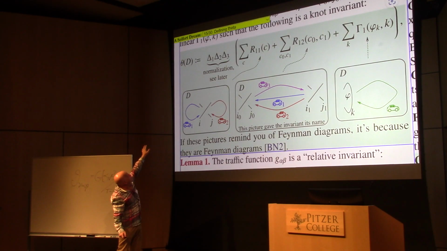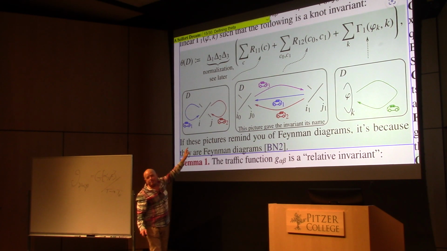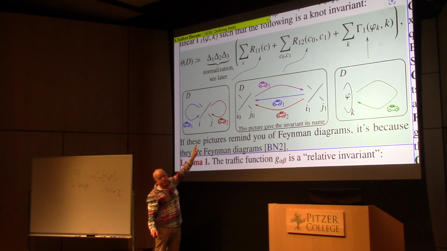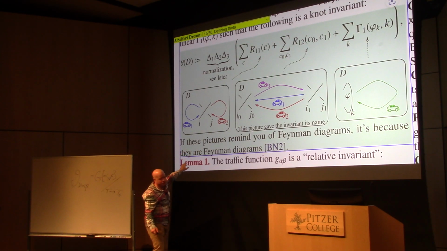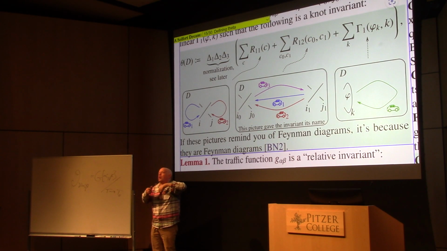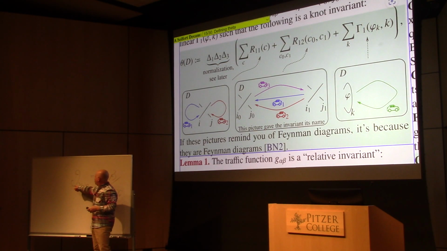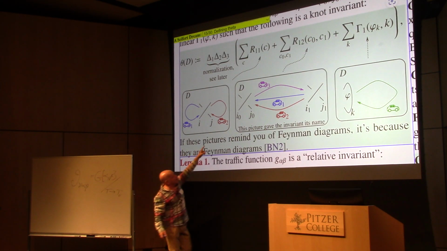So the invariant theta, the 2-variable polynomial, is a certain sum of 3 contributions. One contribution is a normalization factor, and then a sum of 3 contributions. The first one is a sum over crossings, and each crossing has an I and a J, and also a sign, but for each crossing, you look at some quadratic formula made out of these G nu alpha betas. Okay? And then the second summand is a